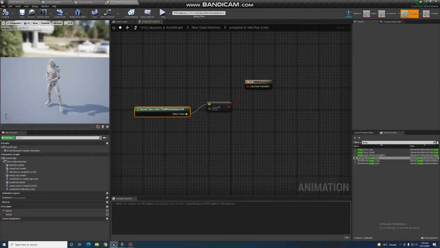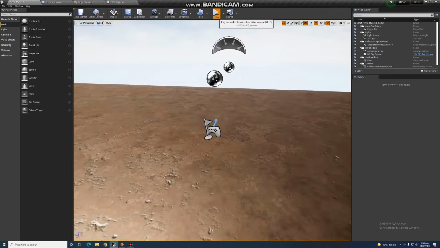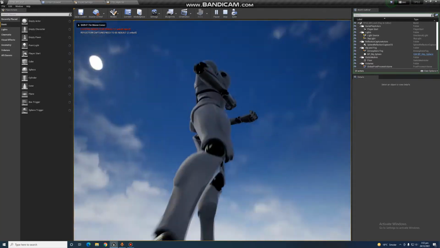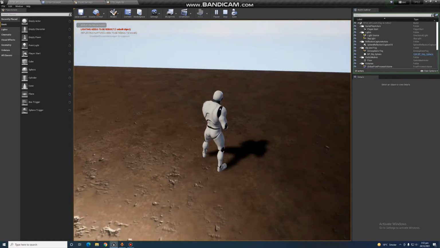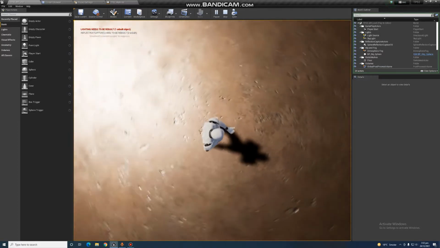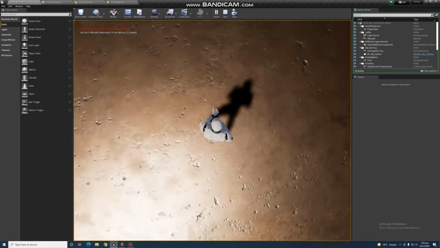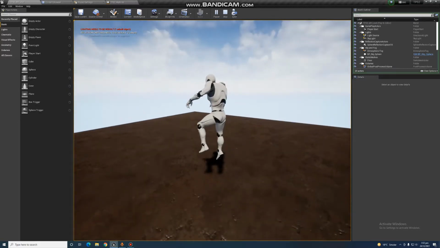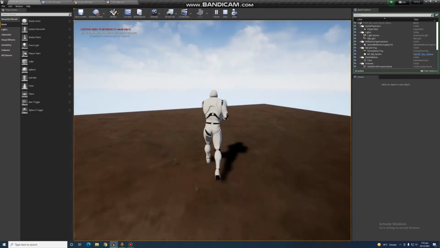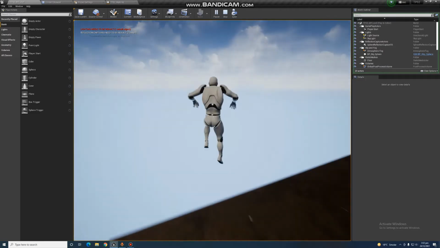Just compile and hit save, and now I'm going to play that. Here you can see if I click that, our character is jumping properly. And now when our character is falling from the high state,